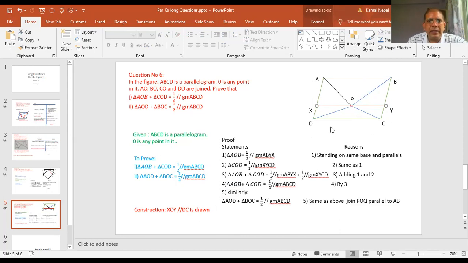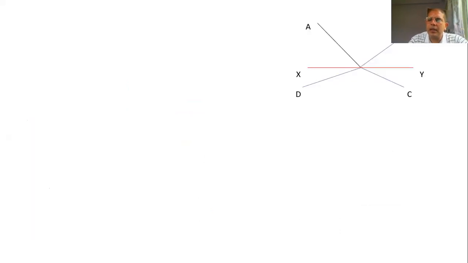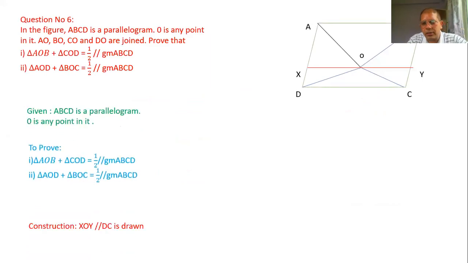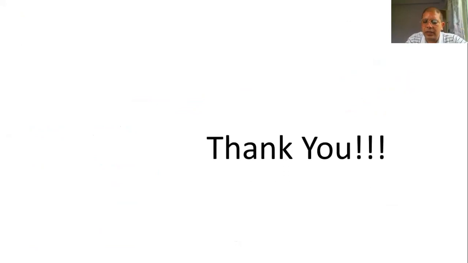Then these are the 1, 2, 3, 4 questions I did. These are simple. Try to do these questions and take the concept. These 4 questions are related to the area of triangle and parallelogram. A triangle and a parallelogram are both standing on the same base and between the same parallels. So use this concept, then you can prove this theorem. Similarly, you can take the same concept for other questions and solve them. Okay, thank you.